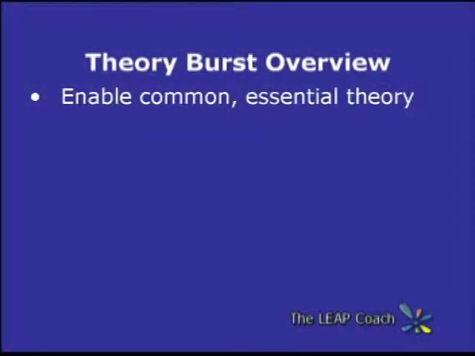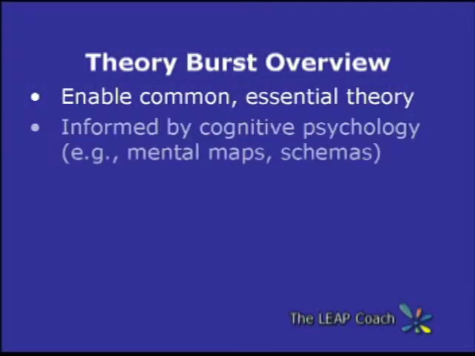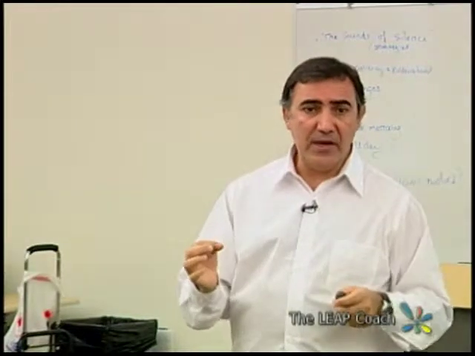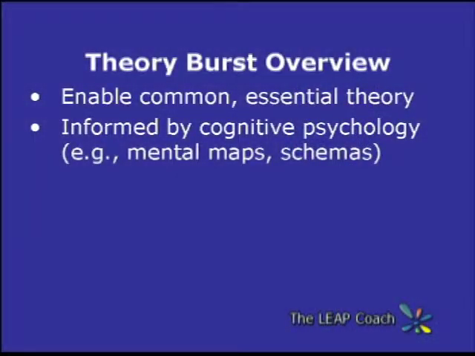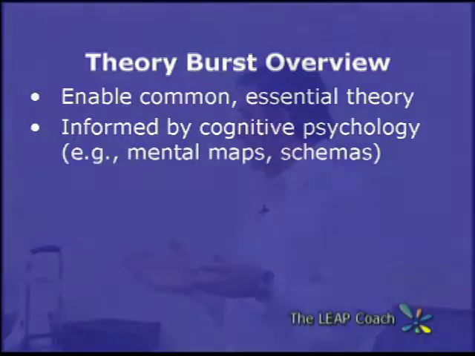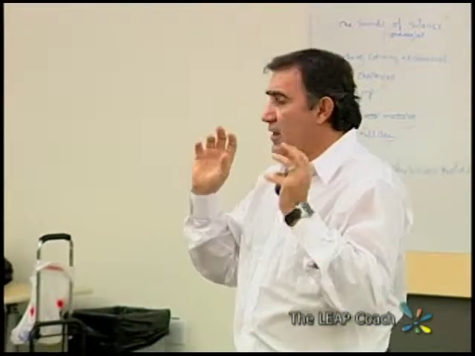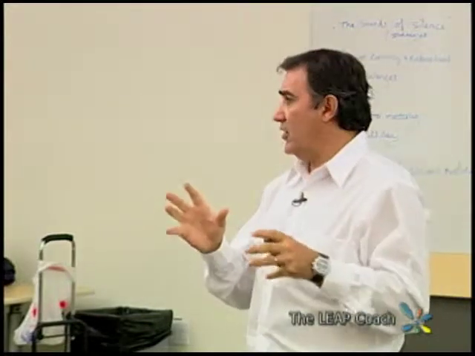The theory burst describes the concept, bring everyone together at the same level. And it's linked to cognitive psychology. So cognitive psychologists have for many years said that when we learn, one of the ways that we learn best is if we really have a scheme. So think of it as the trunk and the branches of a tree. That's your scheme. That's your representation of that particular topic.